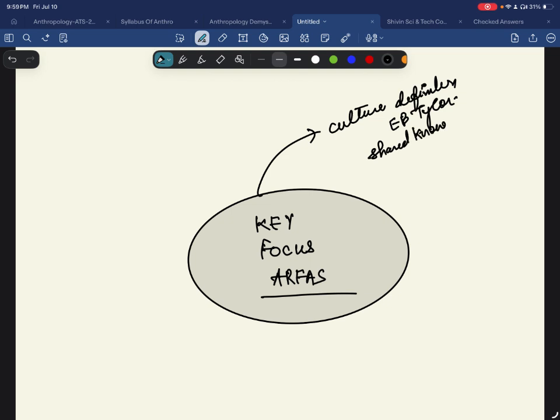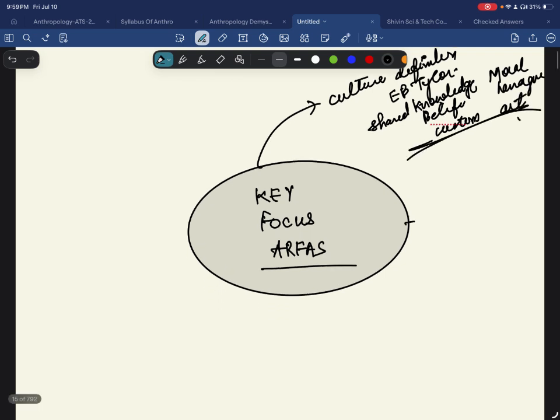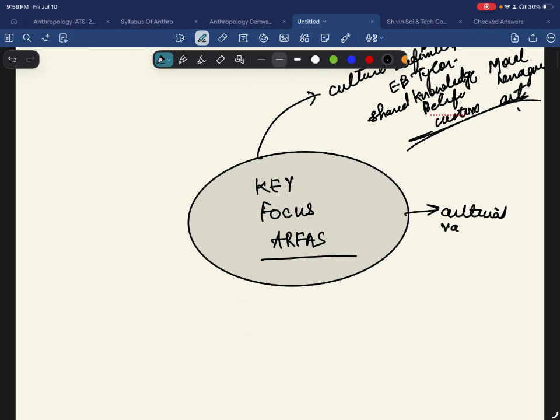शेयर्ड नॉलेज, बिलीफ, कस्टम, मॉरल, लैंग्वेज, आर्ट, ये ईबी टाइलर सर ने दी थी। फिर कल्चरल वेरिएशंस के बारे में, कि हमें जो कल्चरल एंथ्रोपोलॉजी वो कल्चरल वेरिएशंस के बारे में बताती है कि एज वी आर एडवांसिंग व्हाट आर द वेरियस वेरिएशंस दैट आर कमिंग इनटू द कल्चर। कि अगर हमारा कल्चर एसिमिलेट कर रहा है तो क्या क्या चेंजेस आ रही हैं। कल्चरल एवोल्यूशन के बारे में बात करता है, सेम एज कल्चरल वेरिएशंस।